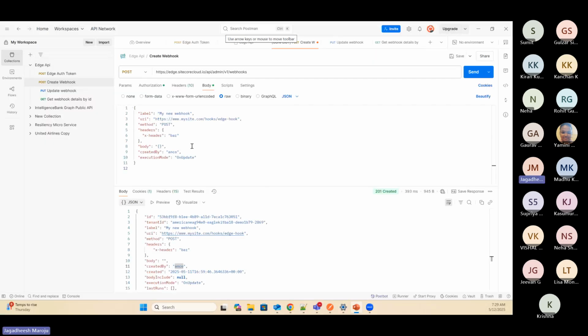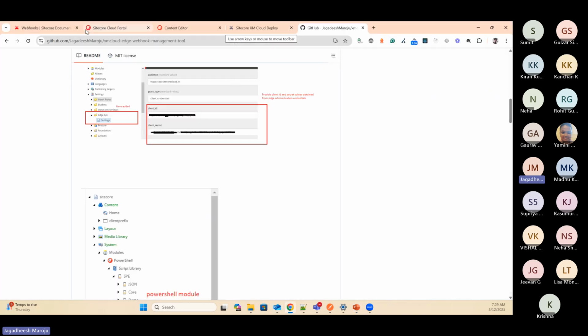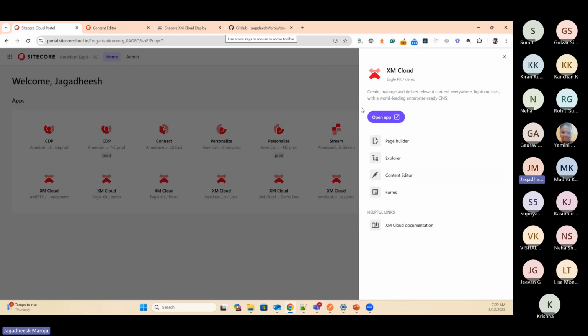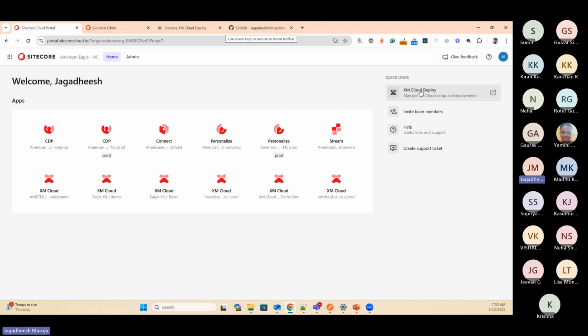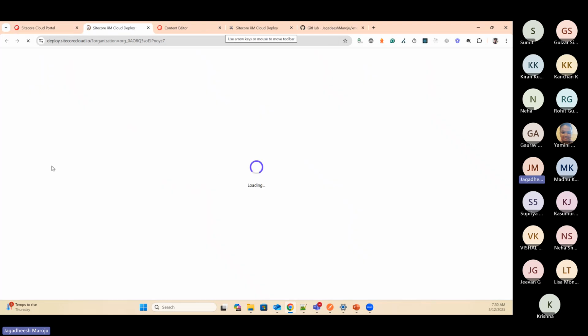Yeah, so I was telling, right? All the manual operations. How do you get the tokens? You go to the XM Cloud Deploy app. This is the first step in creating the webhooks. Go to your Deploy app,